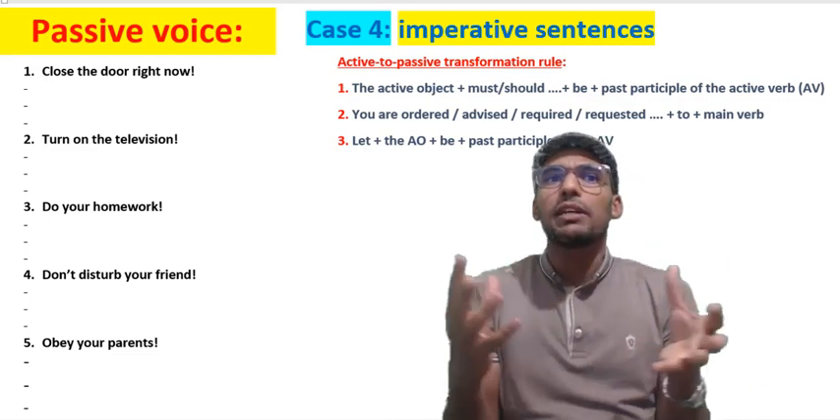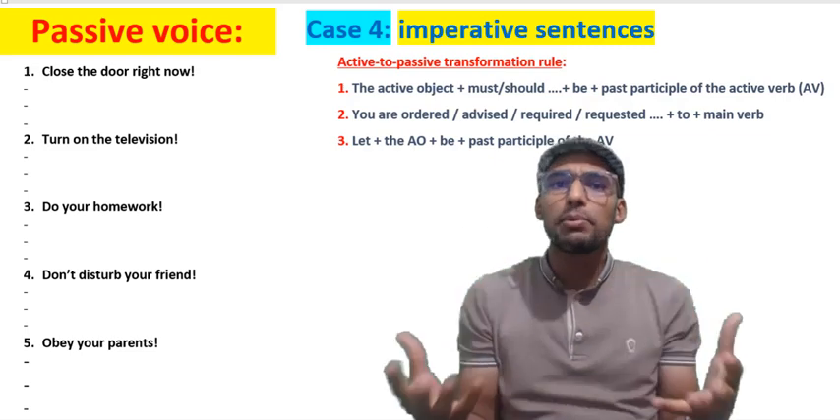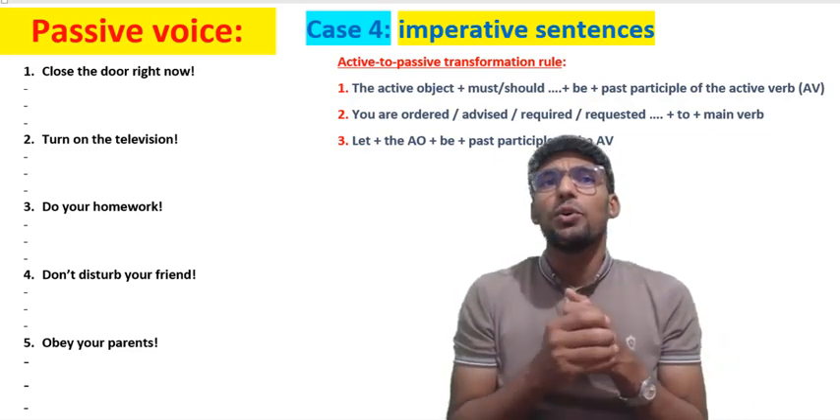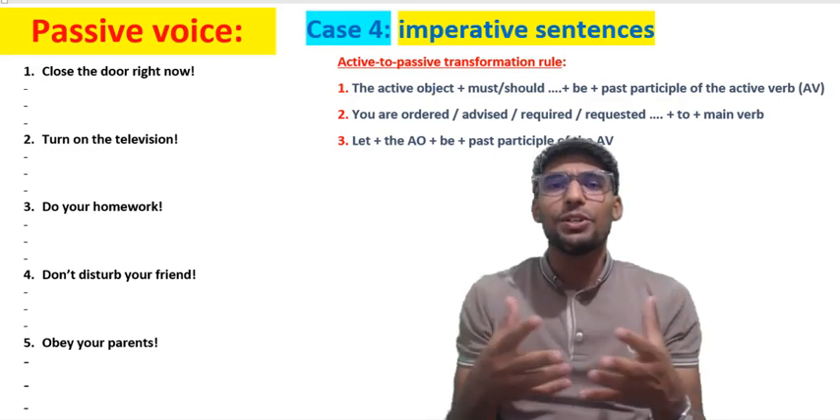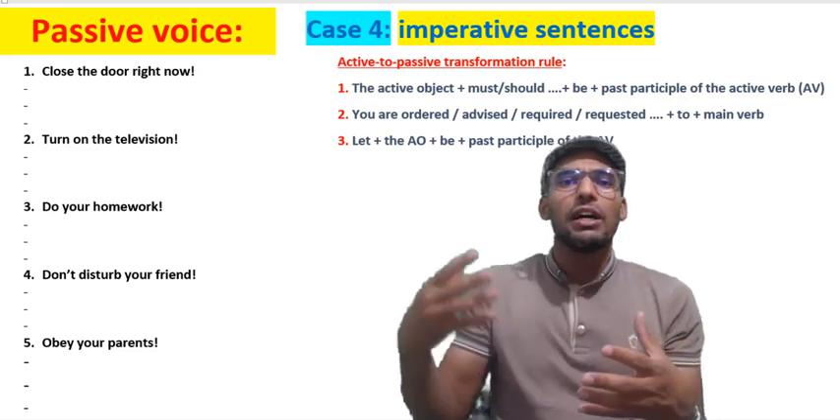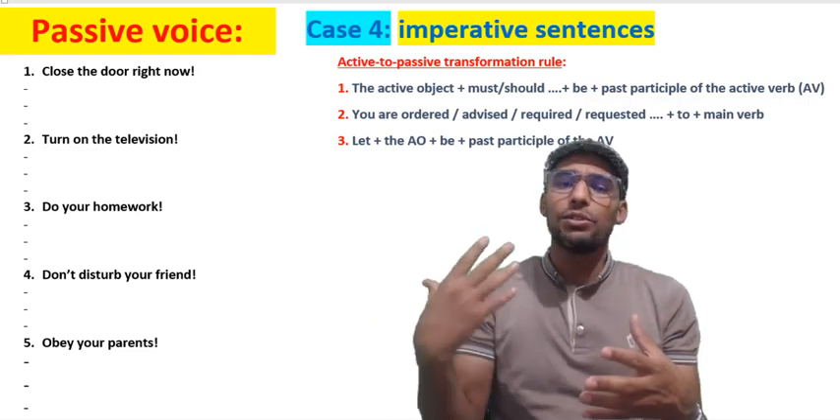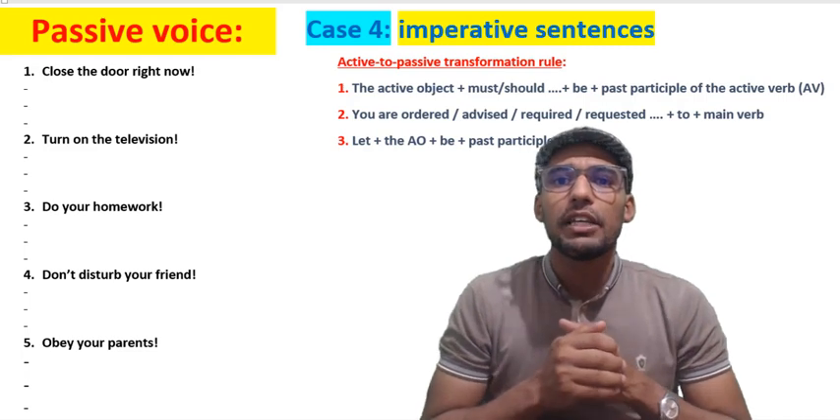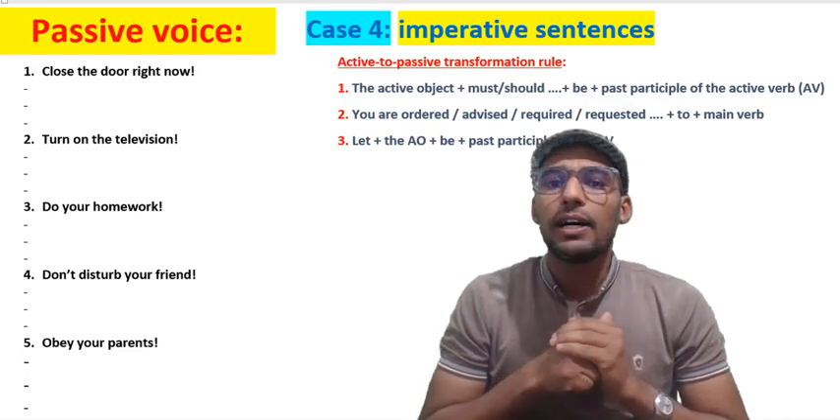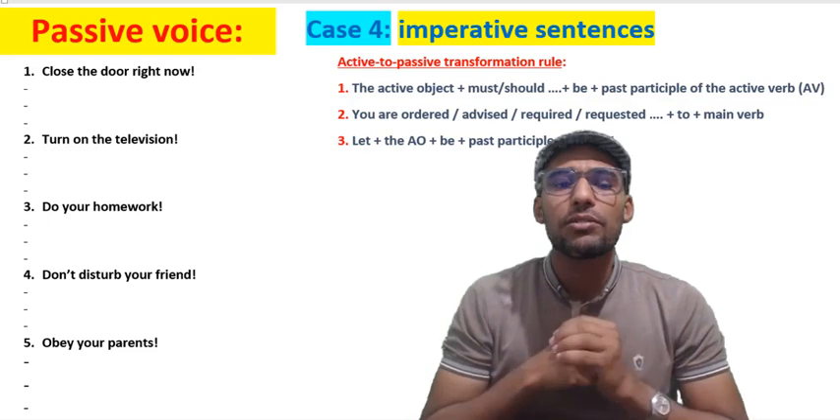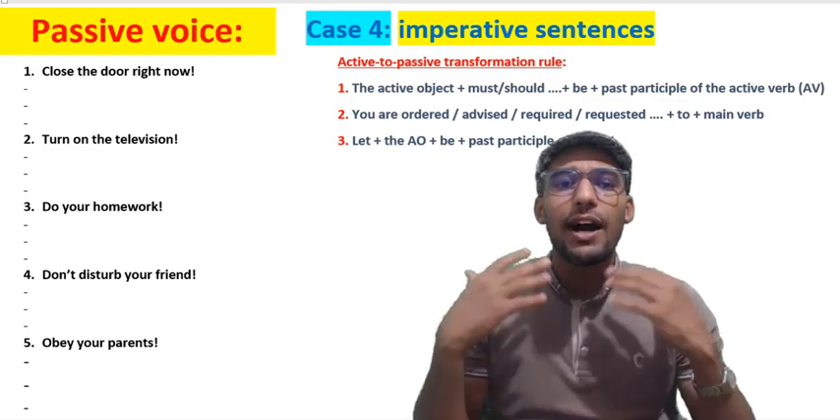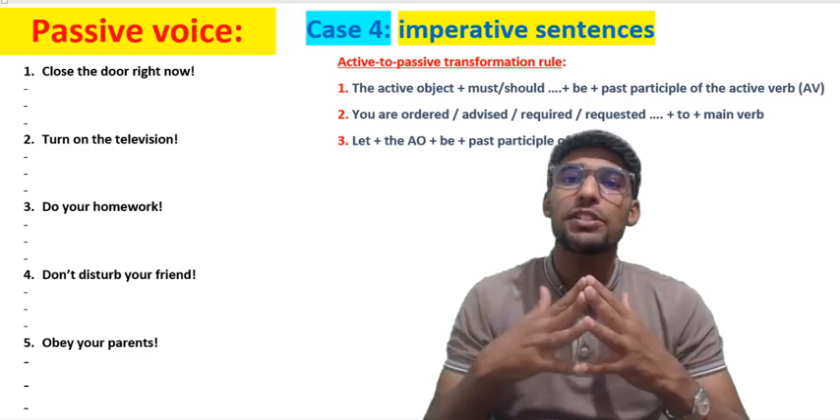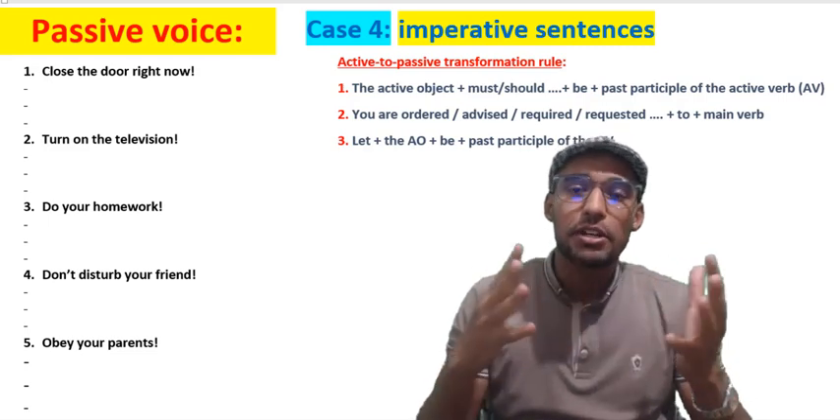And normally these verbs are in the simple present tense, right? Because orders cannot be issued in the past. Orders are basically taking place right now in the present time. So this doesn't matter actually. What matters is how we can transfer these imperative sentences from their active form